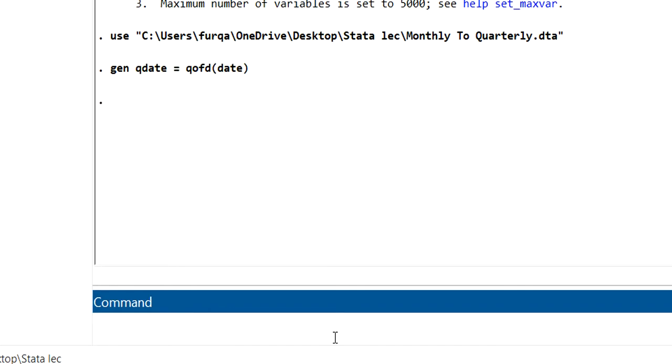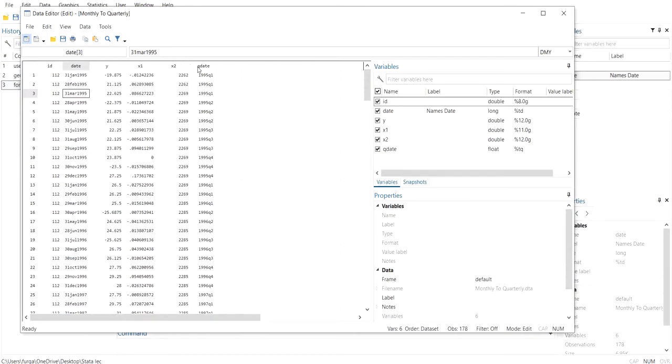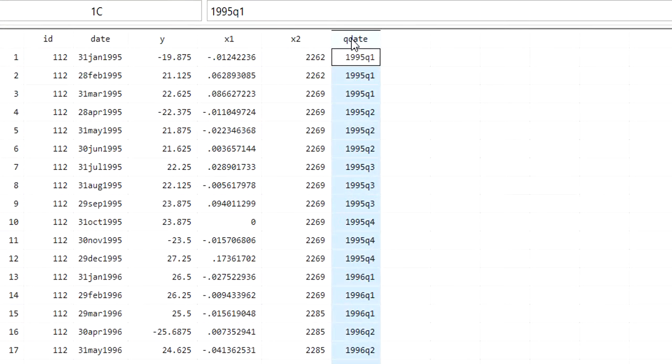Just click enter, and we have generated a new variable named qdate. Now we will change the format of this variable: format qdate %tq.